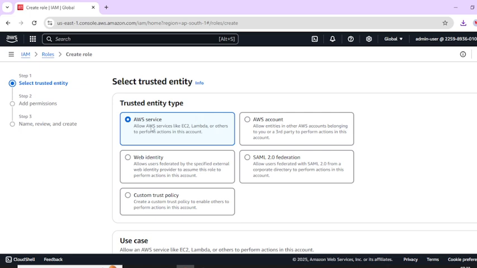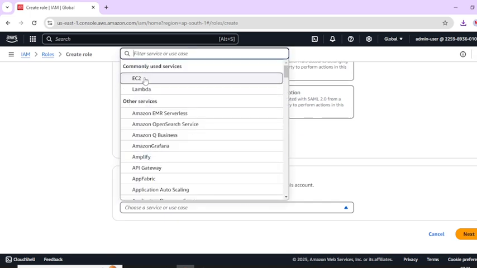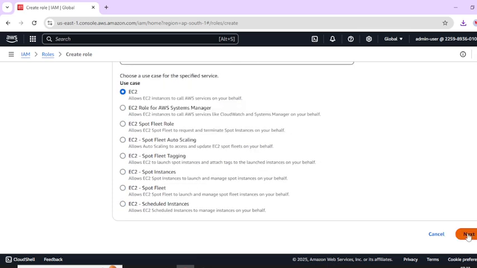Now for the role, I need to select AWS services. If you want to use this role at the account level, multiple accounts level, with single sign-on and all, we need to select AWS accounts, and for AWS CLI we need to give a SAML application like this. We can use multiple ways here. For now, we are selecting EC2, and then next,